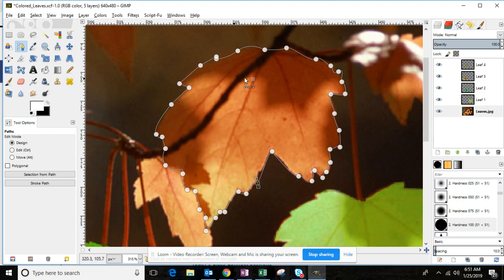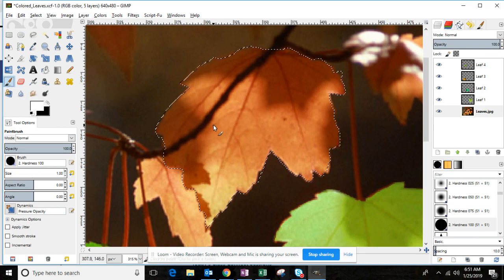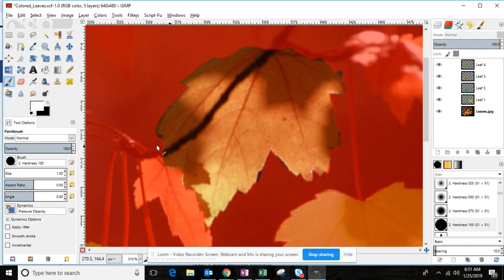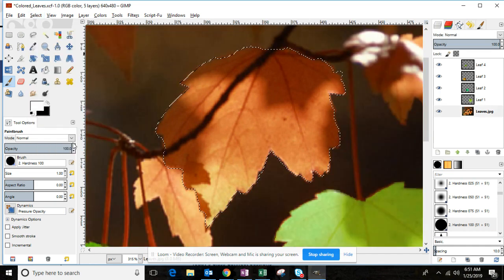And when you're all done fixing your selection there, you're going to click Selection from Path. Then click your paintbrush tool and you can see your selection. Next step, remember, is to toggle quick mask. Make sure your black's on top. You can fix any part of the selection. I'm not going to take the time to do that, but for the recording, you will do that. Change the red on top, fix any of the red parts that you need to fix up on the top of the leaf. When you're done, click Select, turn the toggle quick mask off,